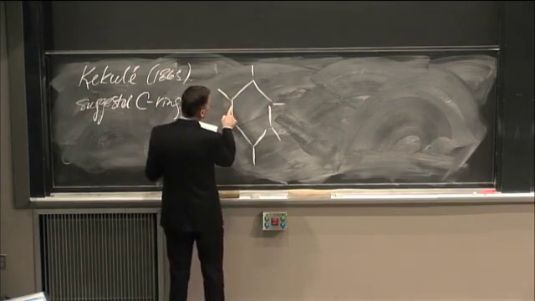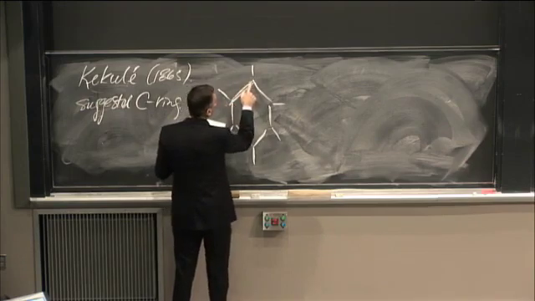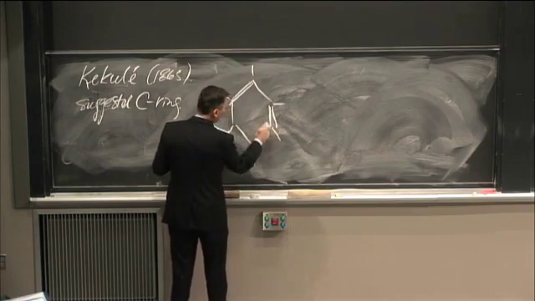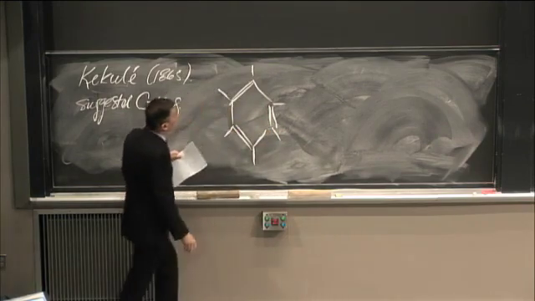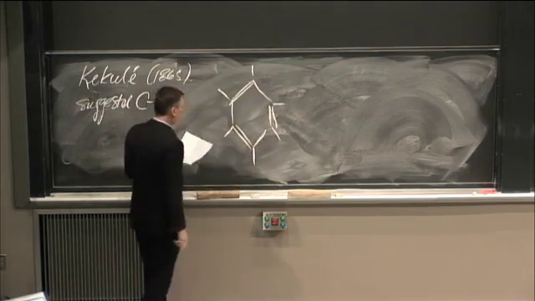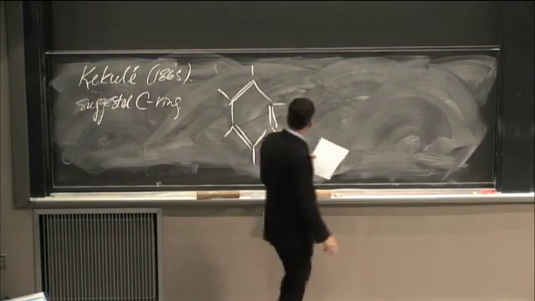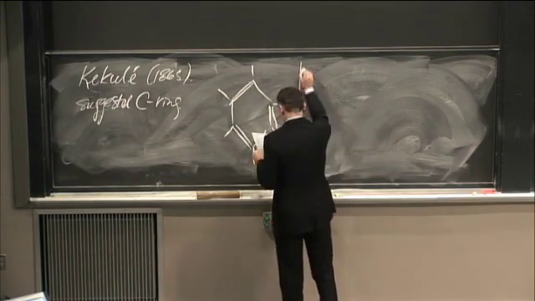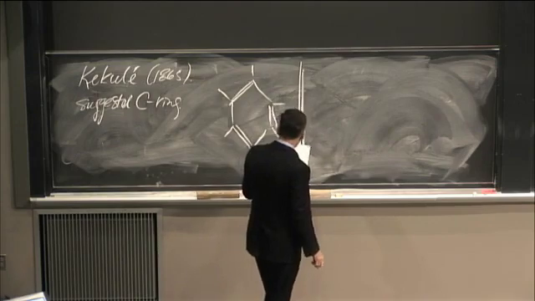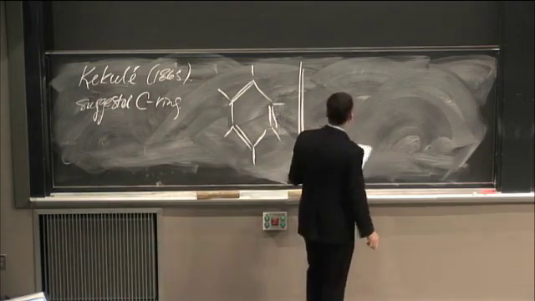So 1, 2, 3, and I'll put a double bond. That'll make 4. 1, 2, 3, 4. 1, 2, 3, 4. And now this one here. So you have an alternating structure of double bond, single bond, double bond, single bond on the carbons. Okay? So that's the way things stood until the 20th century, when, on the basis of new data, it was